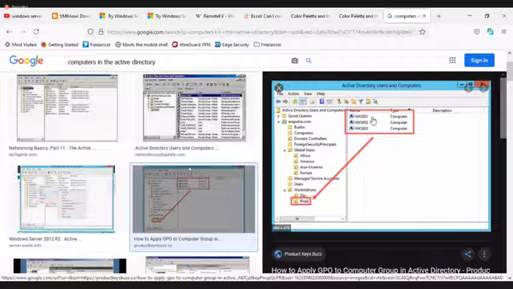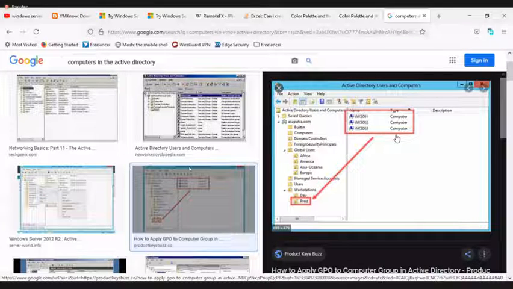Now here, can you see these computers? When you add to the domain, it will automatically come to this computers folder, right? So when you add 1, 2, 3, these three will initially be in the computers folder. But for management purposes, you can have separate groups or OUs like this, and then you can move them to one of these groups.